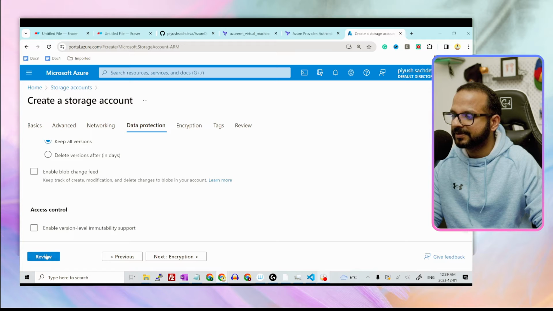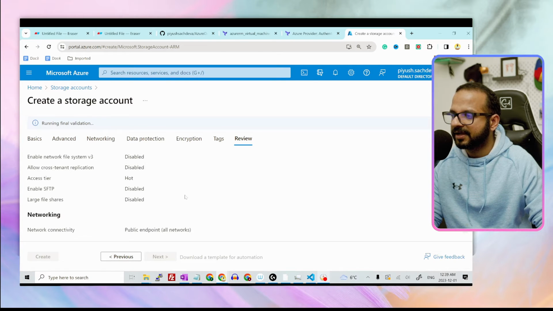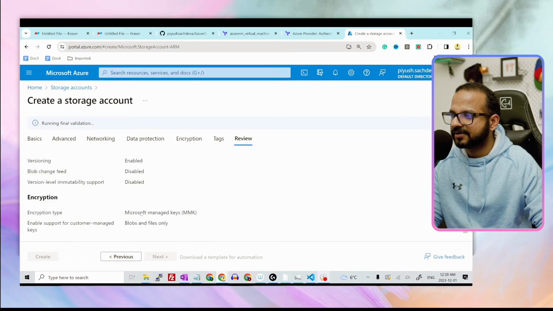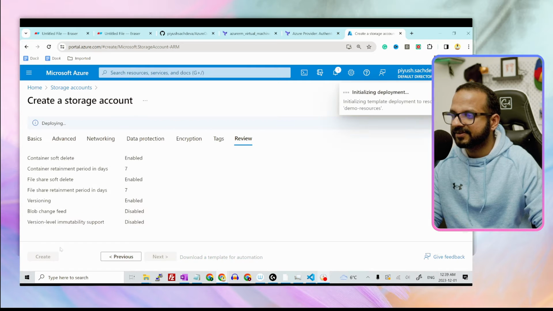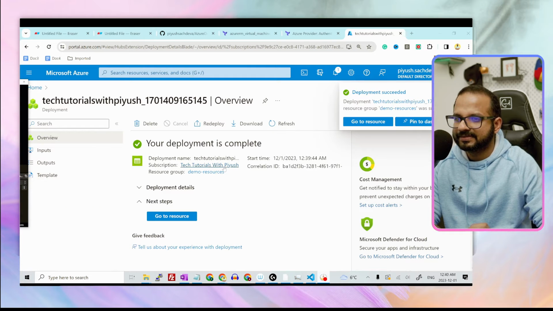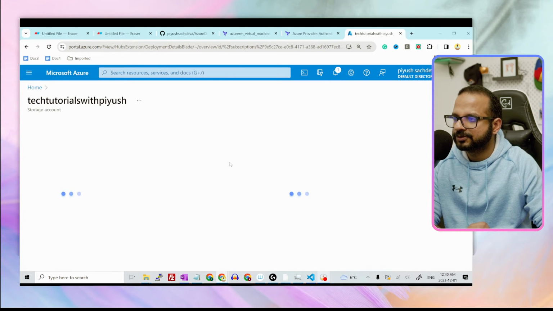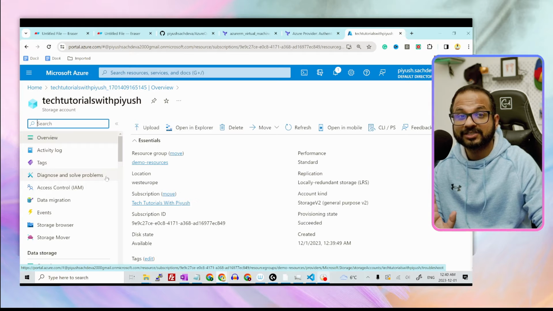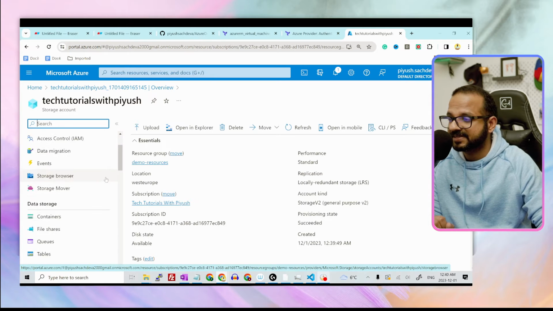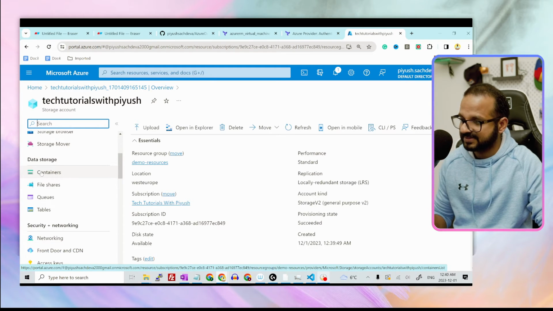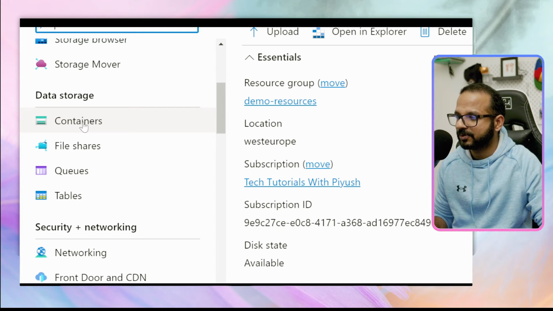Right? So hit review, and okay, it is still validating it. Hit create. Okay, it says deployment completed. Let's go to resource. Now we have to create a storage container inside that to host the TF state file. So go down where it says data storage. Select this option, containers,